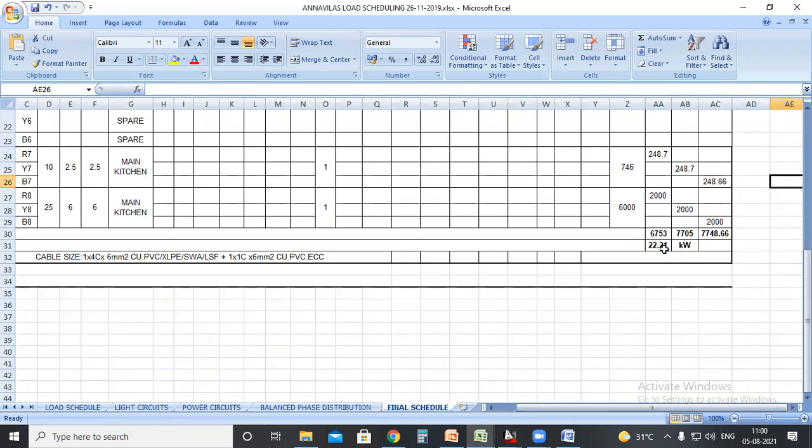Here total connected load is 22.2 kW. If you want, you can take the maximum demand. This is a kitchen, a commercial space. You can take the maximum demand as 0.8. So I just want to get the maximum demand initially, then the current based on the maximum demand. Can anybody do the calculation? It is very easy. P equal to root 3 VI cos phi. So initially you calculate the maximum demand. Just assume the demand factor as 0.8. 22.2 is the total connected load.